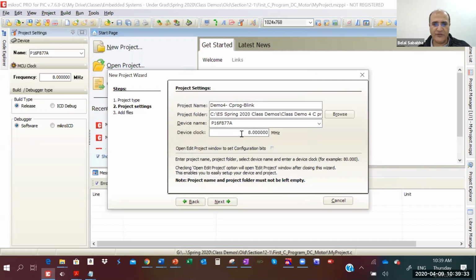Next, and we choose our hardware here. It's the 16F877A, and my clock frequency is 8 megahertz. This is the one I have on my board. Okay, you may have something different. Okay, next,